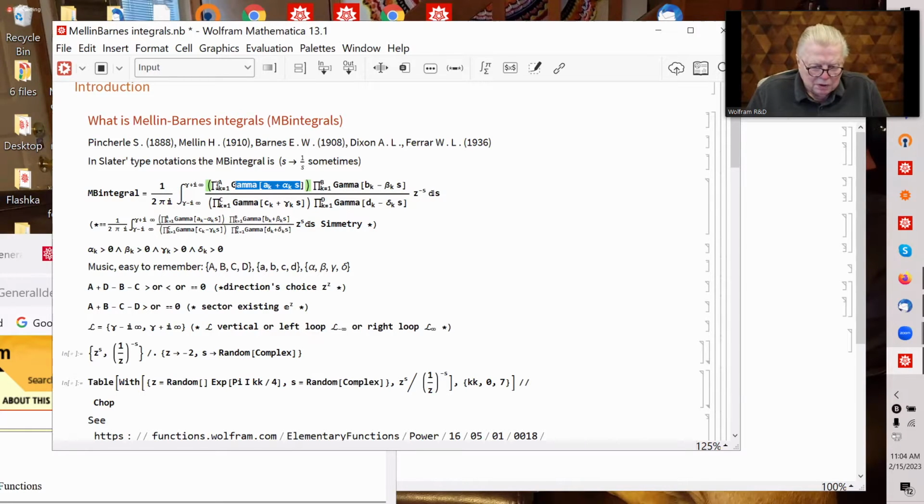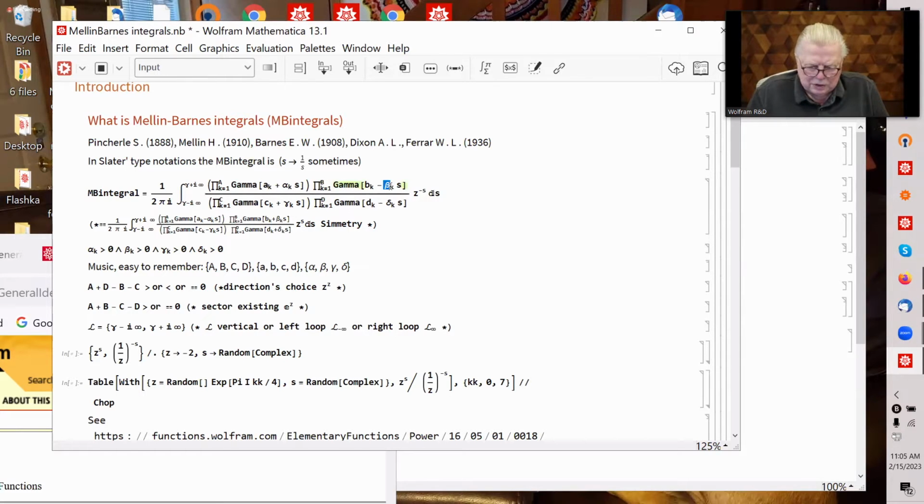And here you see the Slater style definition with some kind of musical construction A, B, C, D. So we have here A gammas with construction here plus alpha. Alpha is usually 1 very often. And then a product of B gamma functions with construction